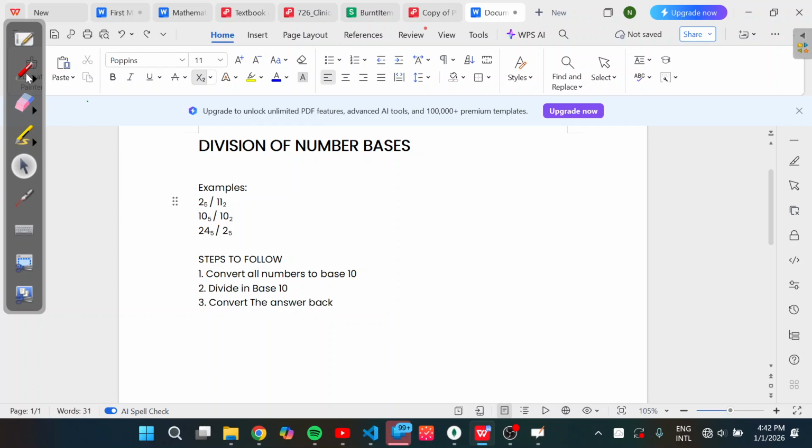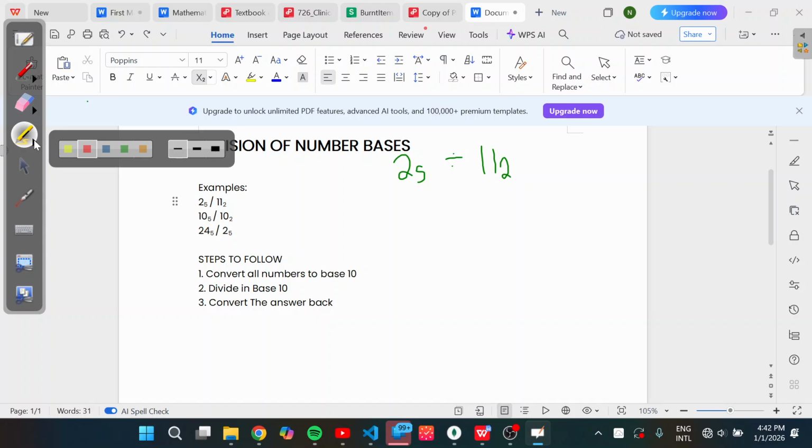So let's get started. Let's take this first example here. It says 2 base 5 divided by 11 base 2. The first step tells us that we should convert all the numbers to base 10, meaning that we are meant to convert,